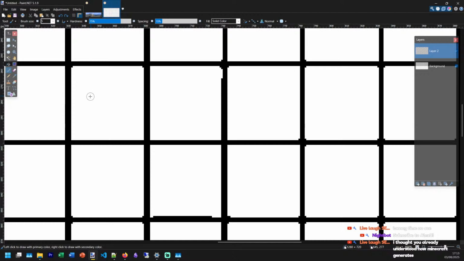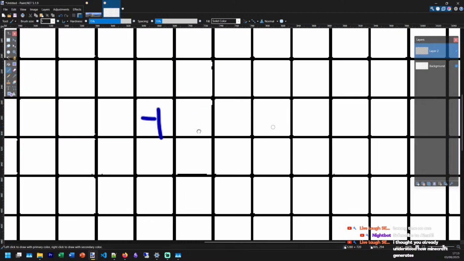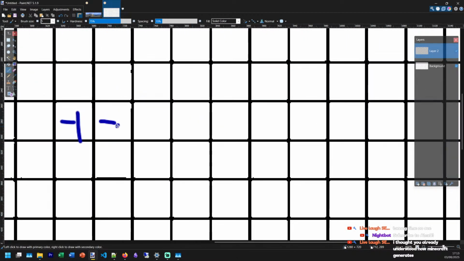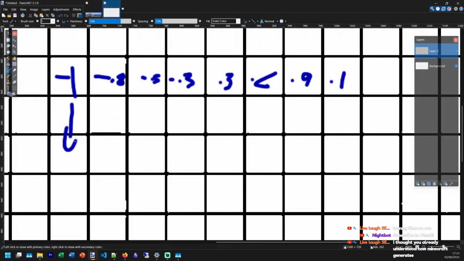Let's say that's -1, 0.8, 0.5 and so on. And let's say 0.3, because it's such a dramatic noise function. And that's like 0.6, and that's 0.9. That's 0.1 again. And so on in the other axis.